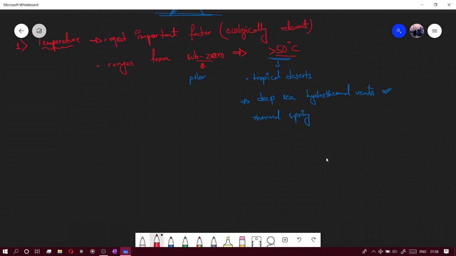So as you go from pole to the equator, temperature increases. And as you go from plains to mountainous regions, that is, to higher elevation, temperature decreases. These are basic facts. Okay, guys, now